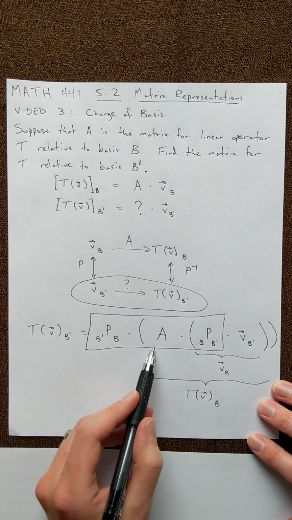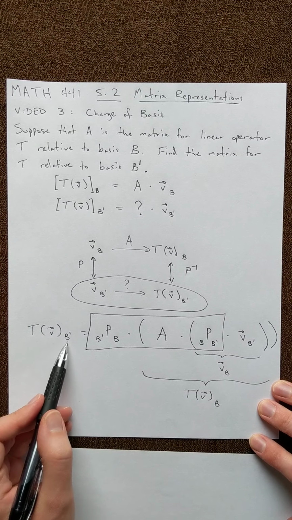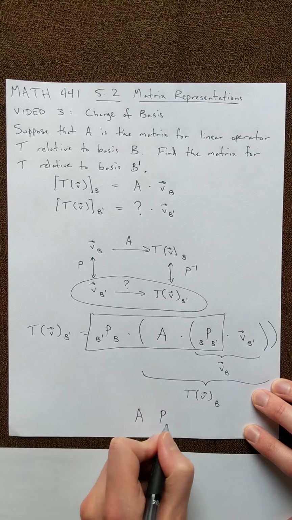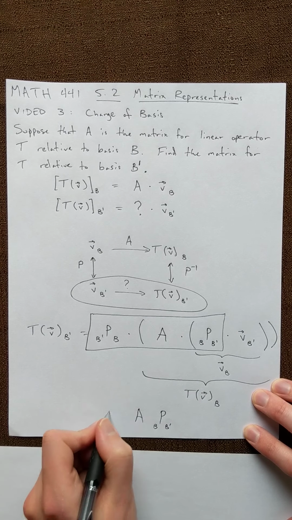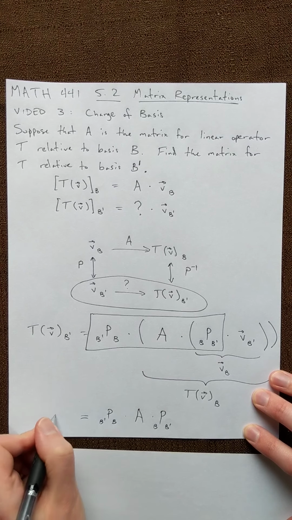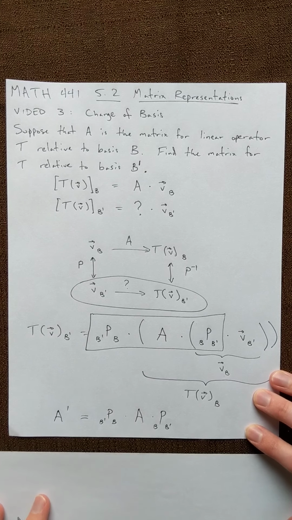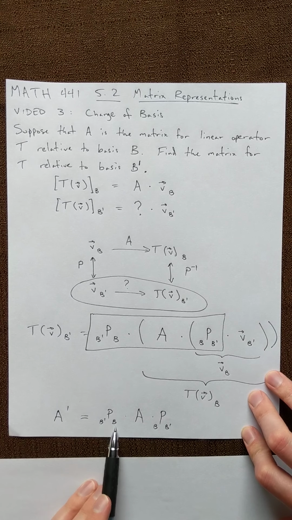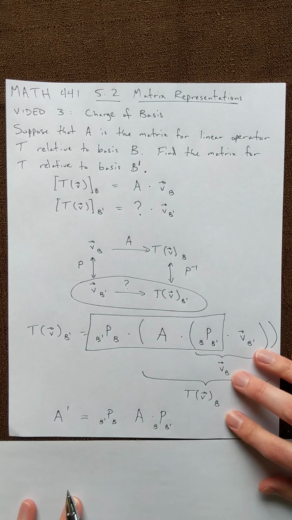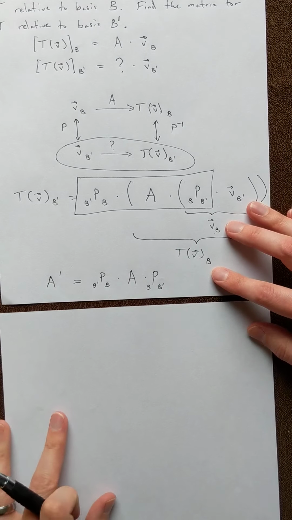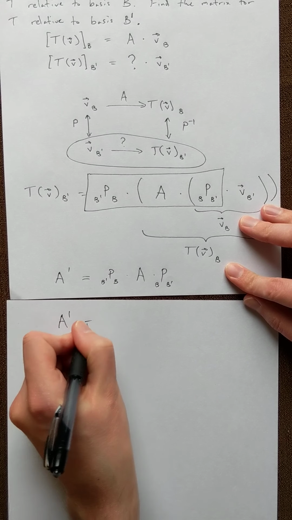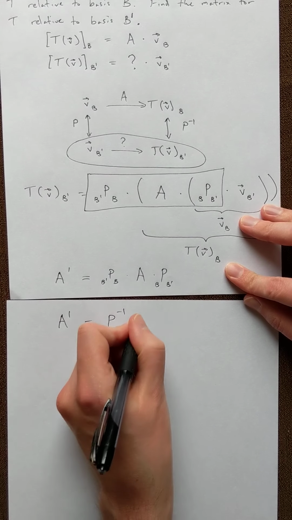And so the matrix for the linear transformation relative to B prime is going to be related to the original by multiplying by P and P inverse on both sides. Let's just call it this. Okay, so A prime is going to be P from B to B prime times A times P from B prime to B, which we could also write if we wanted to as A prime is equal to P inverse A P,